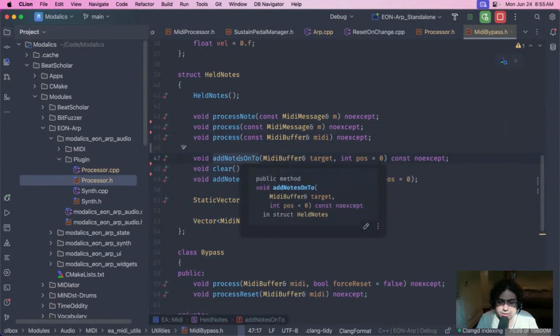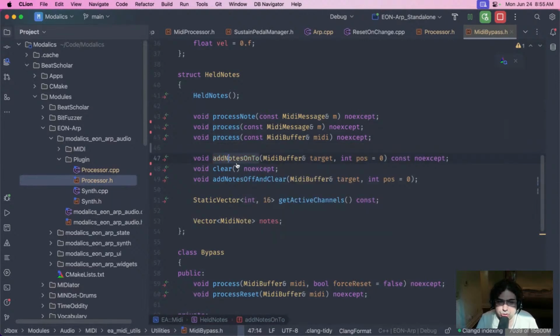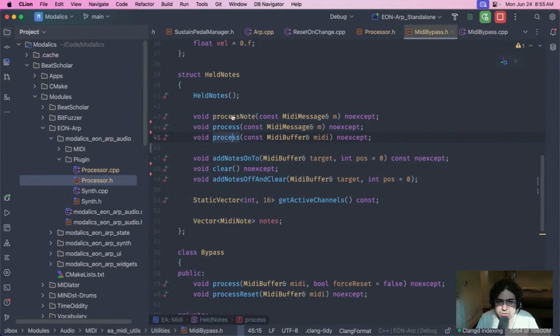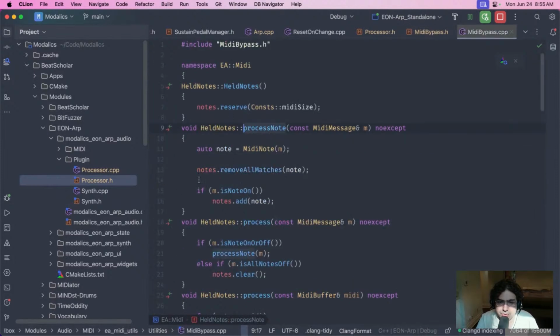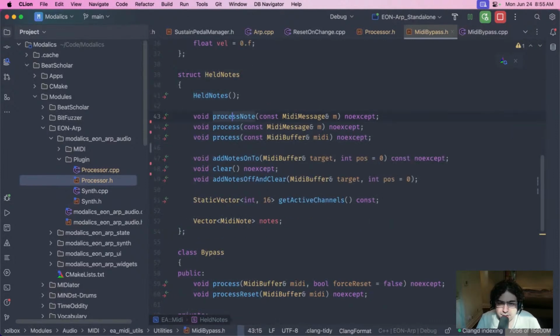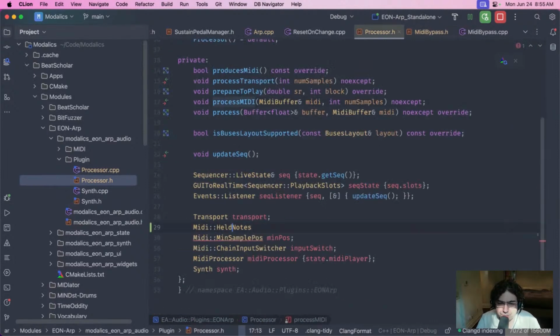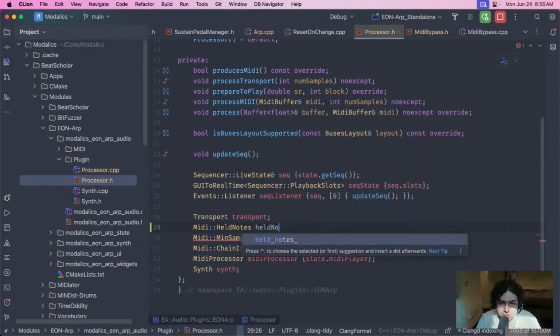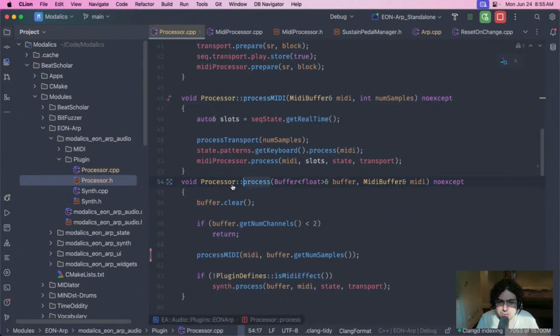And I can process this on the bypass, right? So add notes to, and notes often clear, something like that. And I think if I process these, process note. So this just holds a stack of the existing notes, which is probably what I need, right? And then, so let's call it held notes. And when I process, I should be able to do